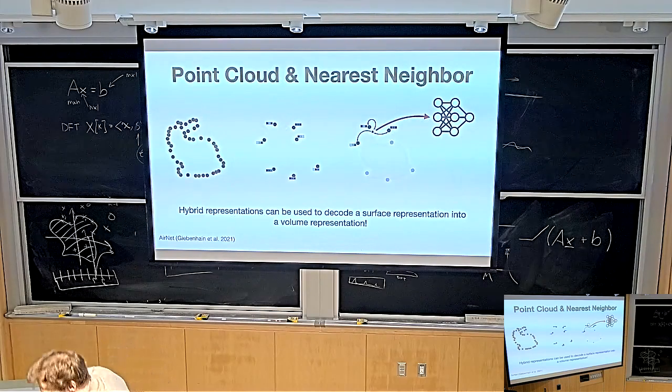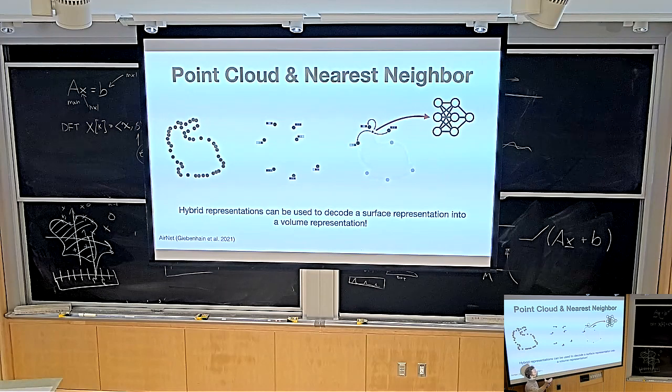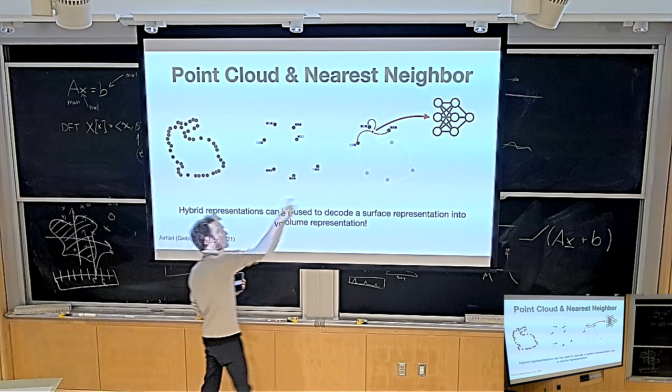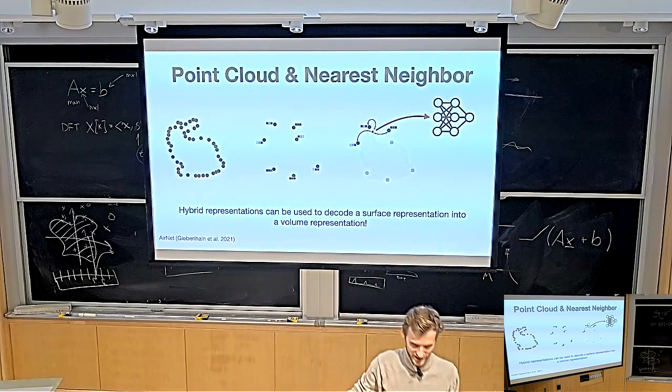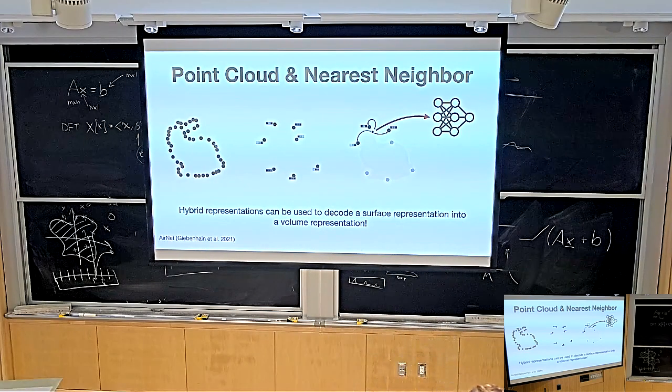Here's another thing you can do. Instead of having a voxel grid, you can mix and match, right? You can say, I'm going to store features that I attach to points in a point cloud. And now, if I want to get the value of my occupancy function at this coordinate, I'm going to find the n nearest neighbors, get their feature vectors, concatenate them, and also concatenate the distance to each of the 3 points as input, and then fit it to my occupancy function. That might be another thing you could do.